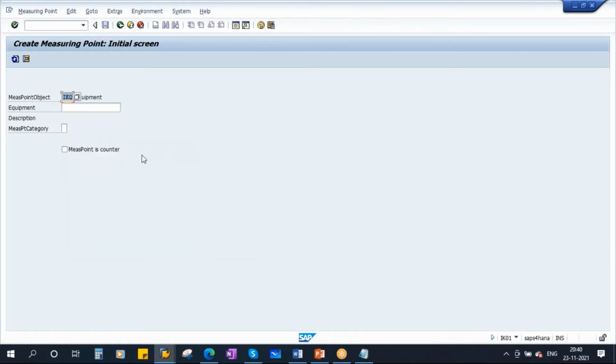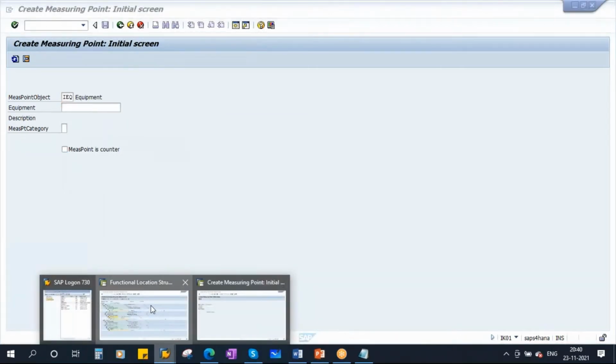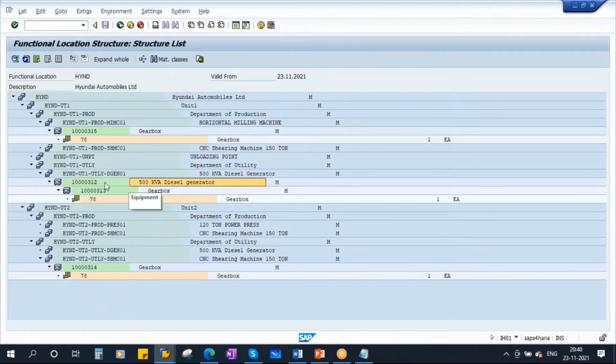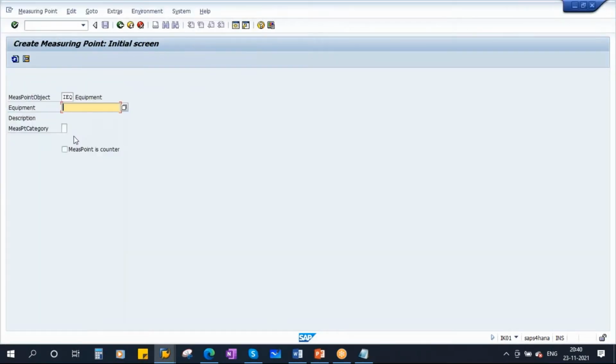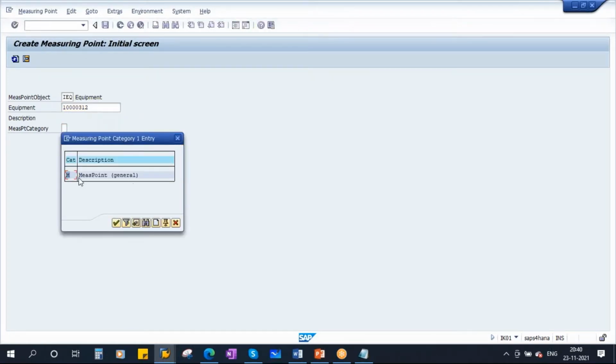So select equipment and enter the equipment for which you are creating. Our equipment is this one, 500 kVA diesel generator. Enter the equipment here. Now measuring point category, what type of measuring point it is. If you go to the list, you have only one, M, so just take that M.